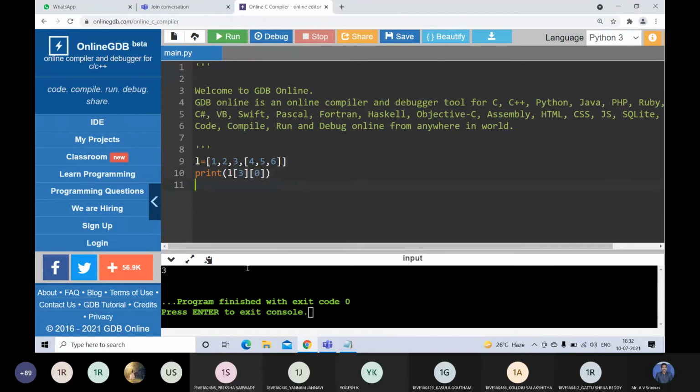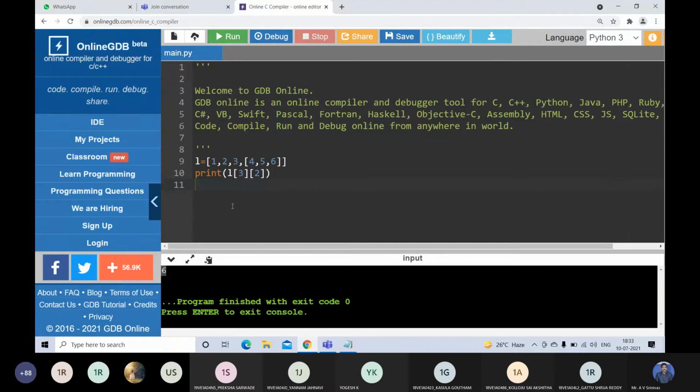So we can write L of 3, 0. You will get 4 here. This entire nested list index is 3 in this example. So if you want to get 4, you can write L of 3, 0. If you write L of 3, 2, you will get the 6 here.